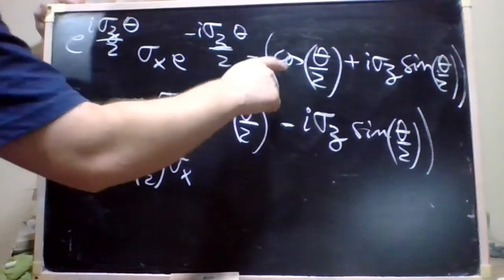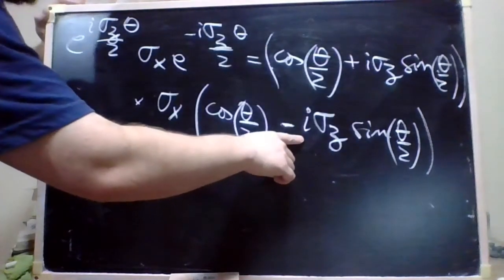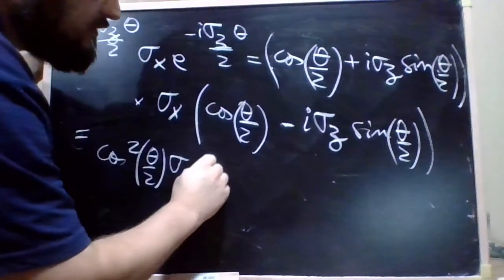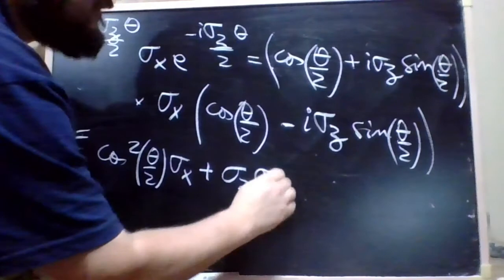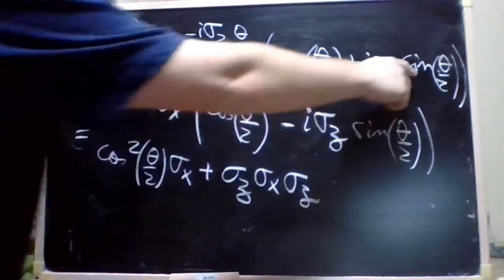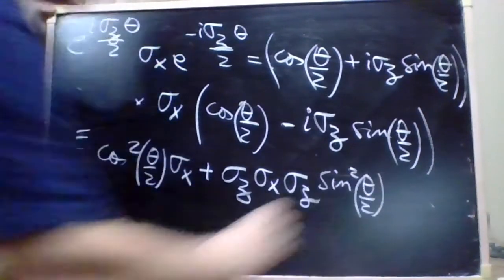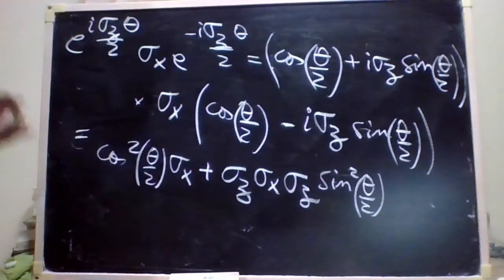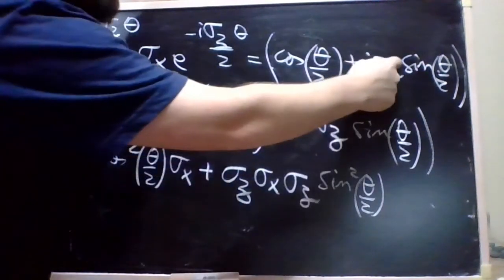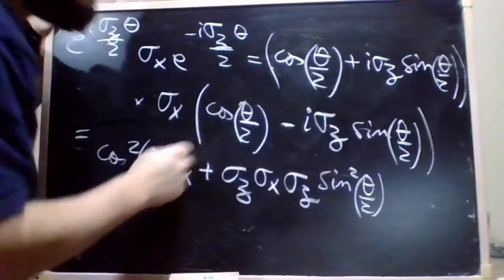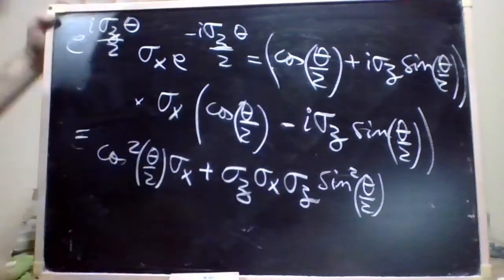And I have i multiplying minus i, it will give me a plus sign, but there is a sigma z, sigma x, sigma z, and the sine squared theta over 2, right? But there are other terms. This term multiplying the first with the sigma x appearing after the sigma z, and this term multiplying that thing, all right? So I will find